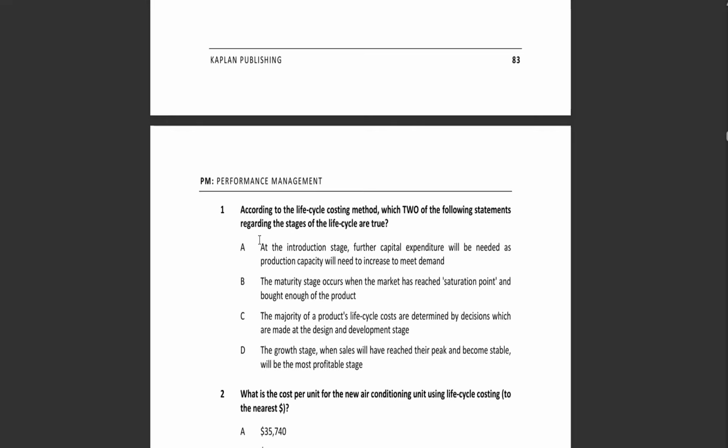So we are left with only A and C. In A, I think they are talking from the perspective that in future demand will increase, and accordingly we need to increase the production capacity. So initially we will decide those things, and there will be capital expenditure incurred in a huge amount at the initial point. And I think from that perspective they are talking about the production capacity and increase in demand, because obviously